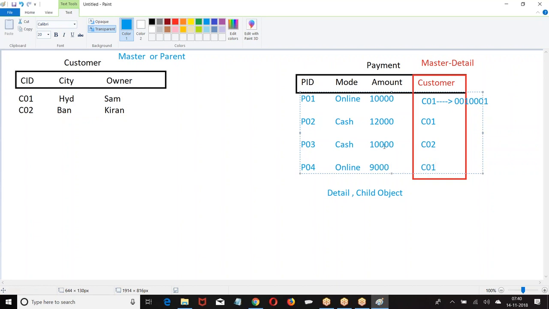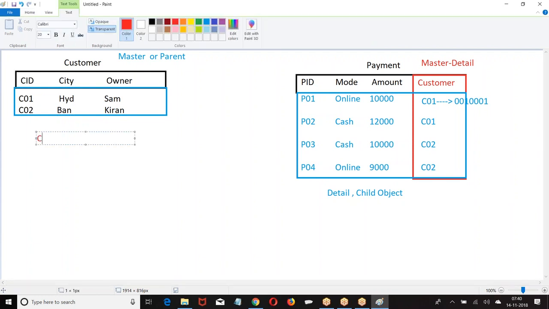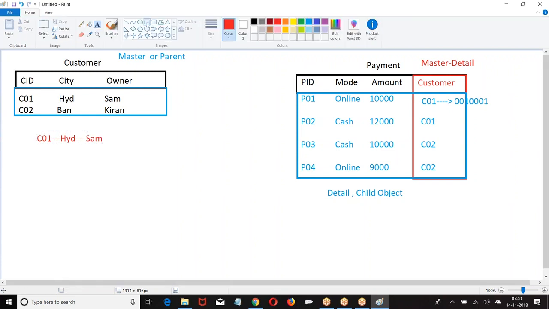This is how we got the data. Look at the point. Now we have a question of master output. This is the master record.